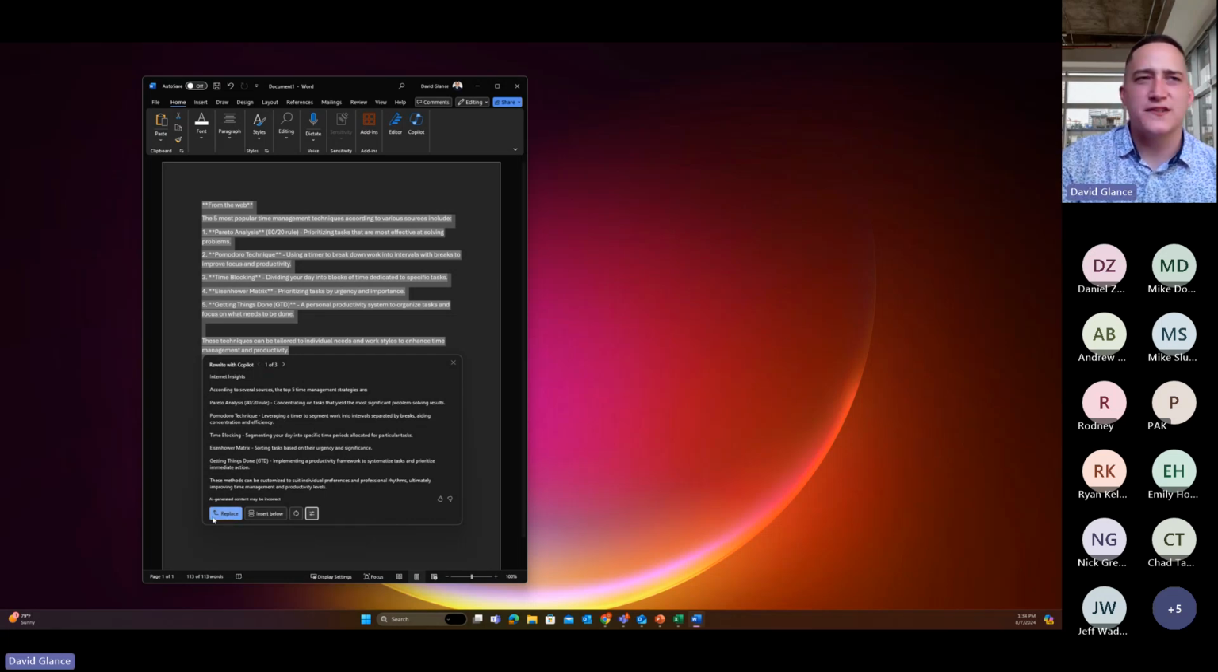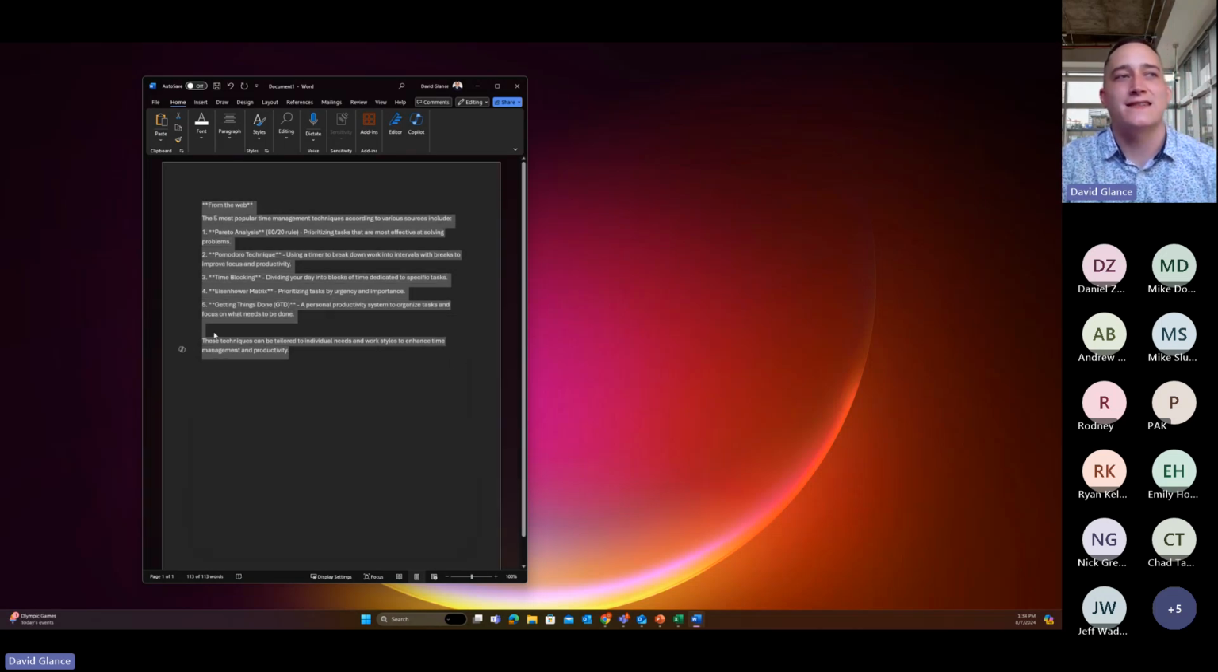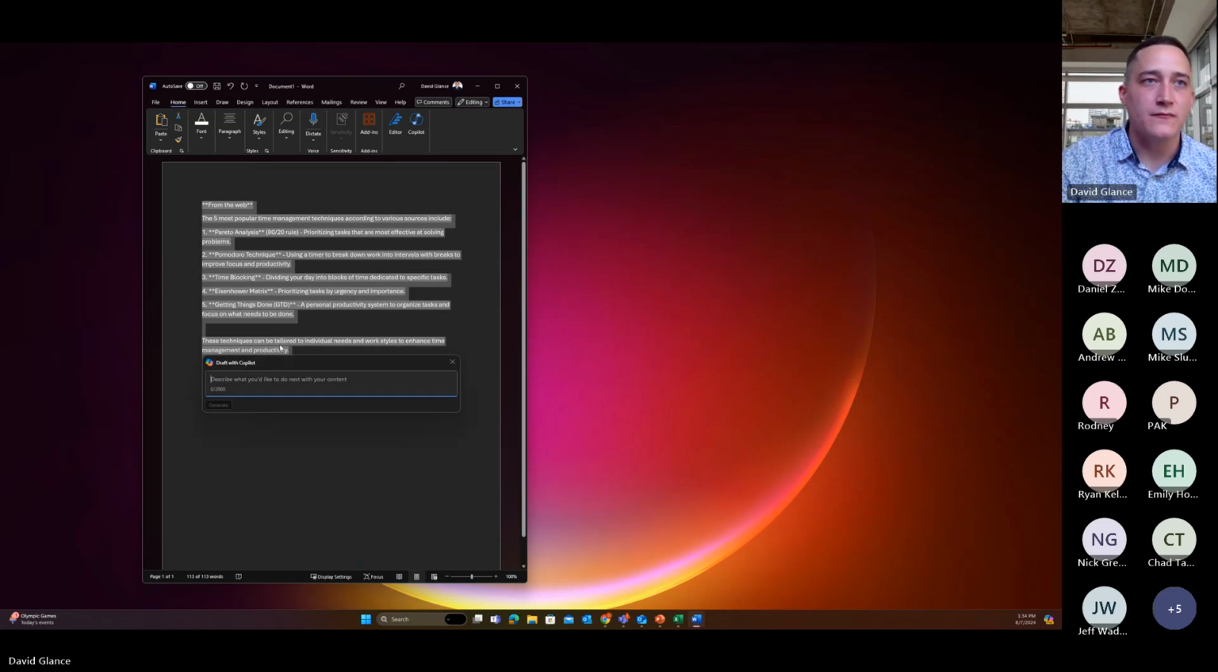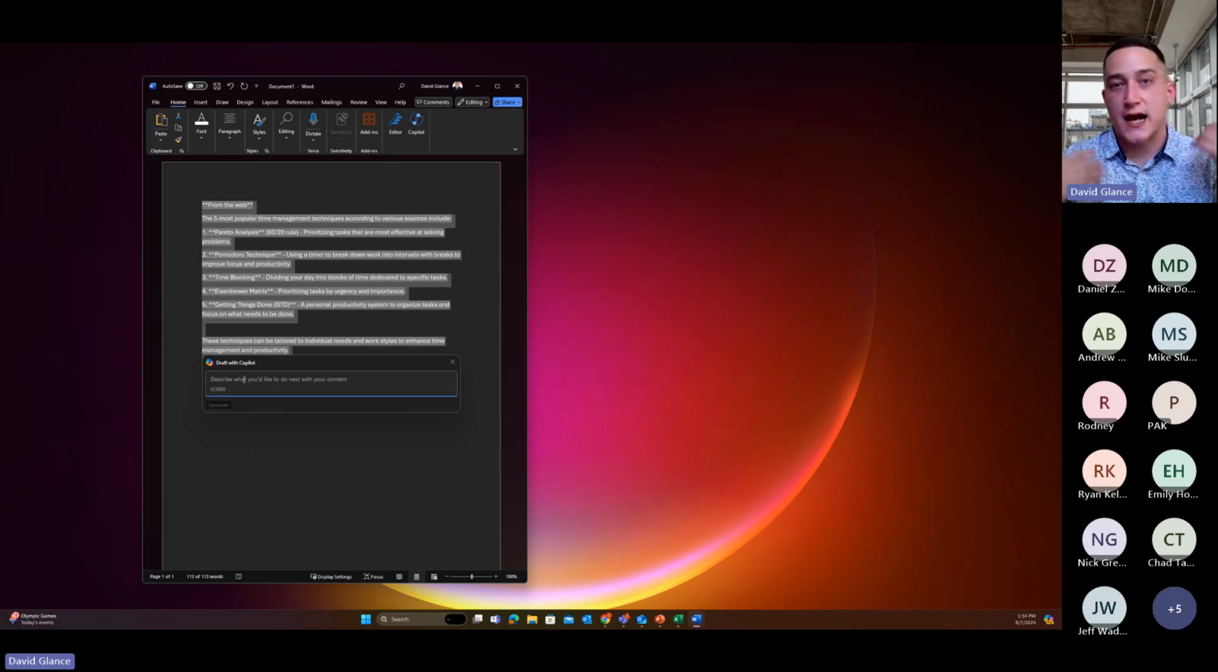But yeah, so this is one of the ways. But let's say maybe we just need more information. We don't need just a rewrite based on what we have. We need more information based on these topics. So now we'll take the make changes option with Copilot, which then gives us an option to put in a prompt. I'm going to say I need more information